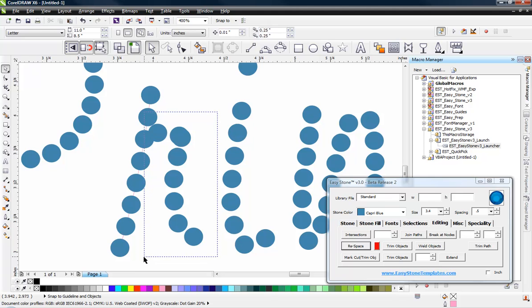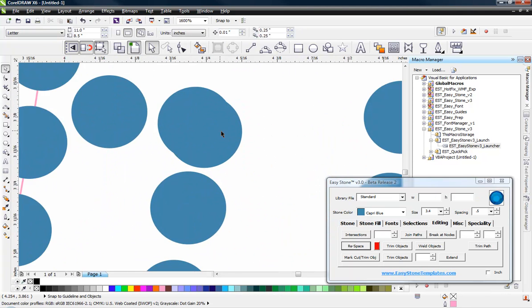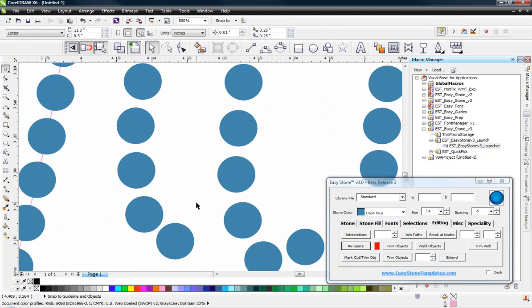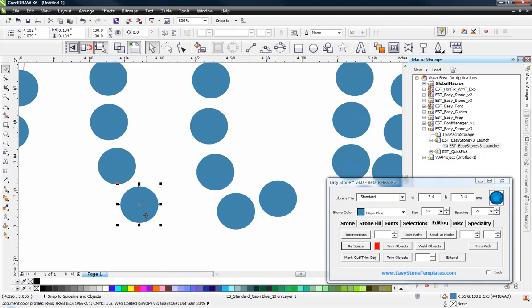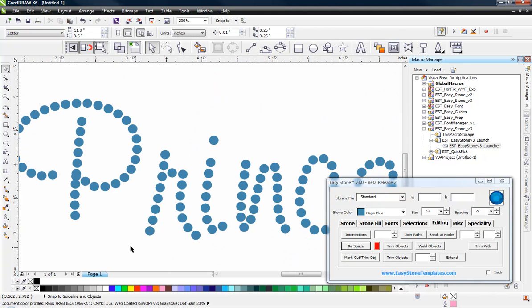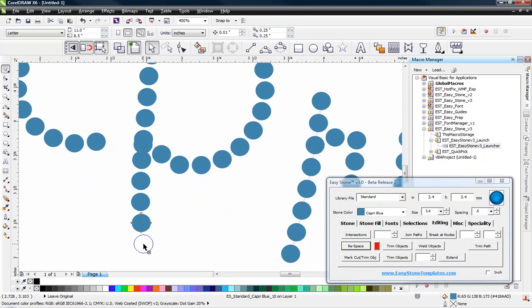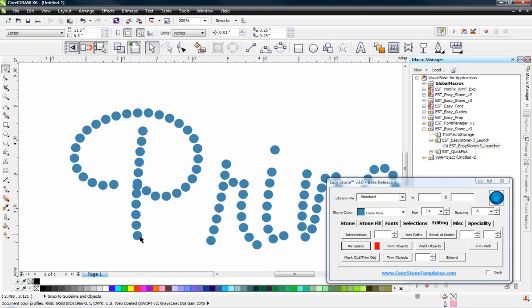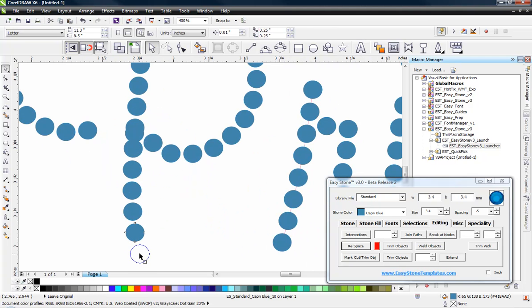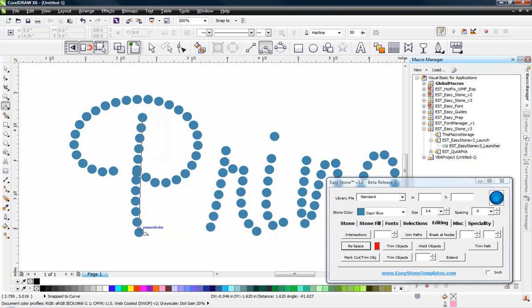That's better. So then we're going to go ahead and take these stones. I'm just going to nudge that one over. We'll go ahead and delete one here. That takes care of that. And then probably what I'll do here is go ahead and add a stone to the bottom. Okay, so that takes care of that. And then finally, for the letter P here, I'm going to add a stone to the bottom, first of all. Maybe 2. And then what I'm going to do is grab my 3-point curve tool, draw a new path, hit that respace